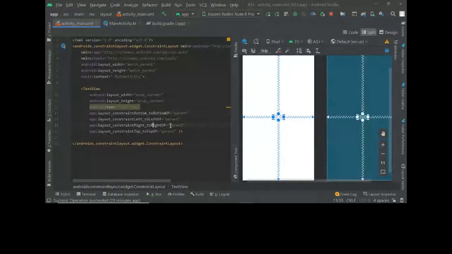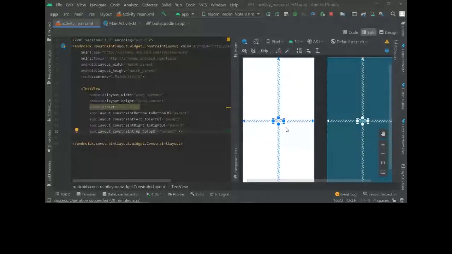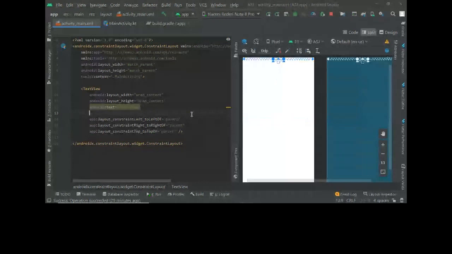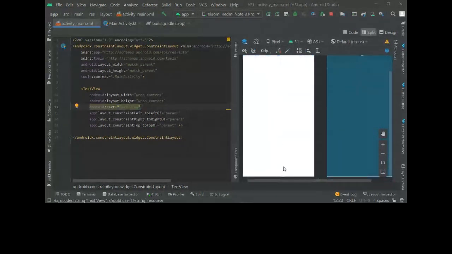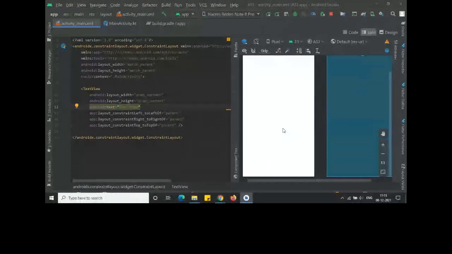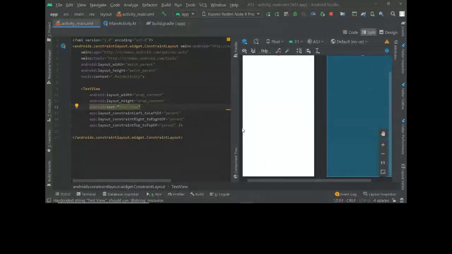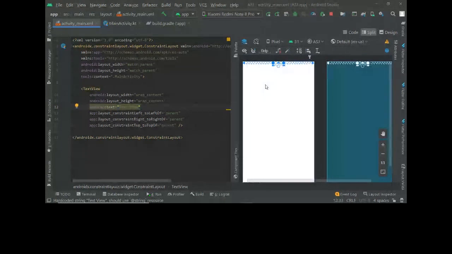Similarly, constraint left to left of parent means left to the left of parent, right to the right of parent, and top to the top of parent. So now, let's say you remove this constraint bottom to bottom of parent, right? Remove this. Now you can see it's no longer required to have any connection to the bottom, and since it's only constrained to the top, it goes back to the top.